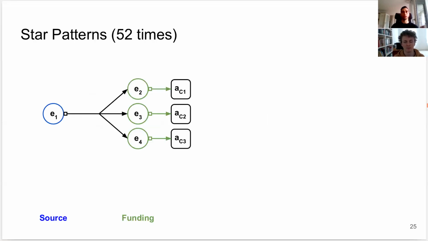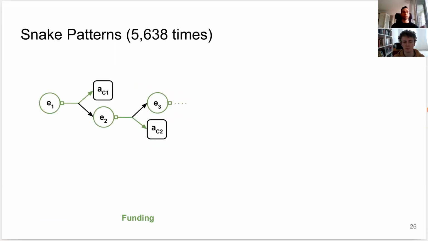And this is added to the multi-input clustering heuristic that we saw before. So we noticed that on the entity graph, there were some patterns happening. The first pattern that we saw is something that we call star pattern, because we found a source entity, in this case E1, that was sending coins to multiple funding entities that were then opening a channel, in this case E2, E3, and E4. The second pattern that we saw, and this is based on how Bitcoin and the change address work,